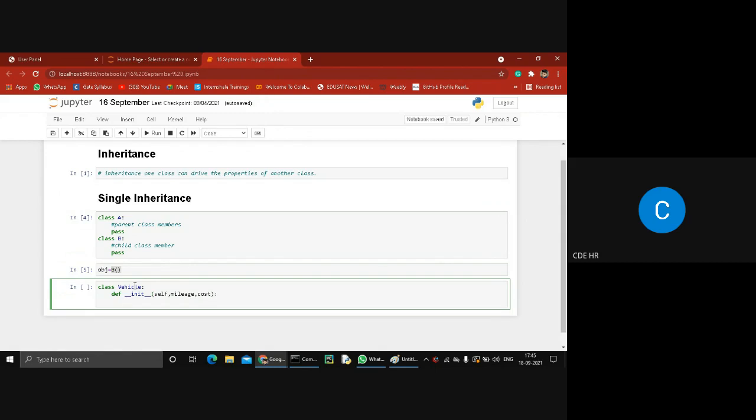We assign these variables into other variables: self dot mileage equal to mileage, also self dot cost is equal to what?